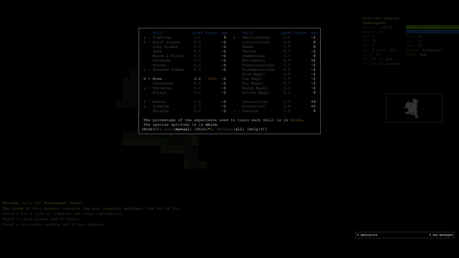A very important Crawl rule: if you're ever asking what to skill up, skill up the thing that lets you kill dudes fast, until you can kill dudes fast. Then skill up the thing that keeps you alive from dudes killing you. That's basically it. So in this, we're going to just level up our bow, get our bow really strong really